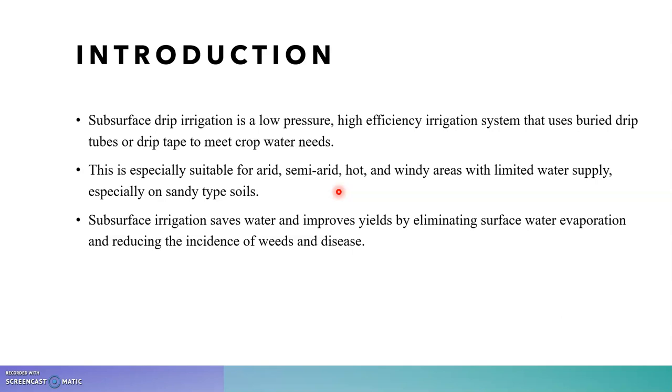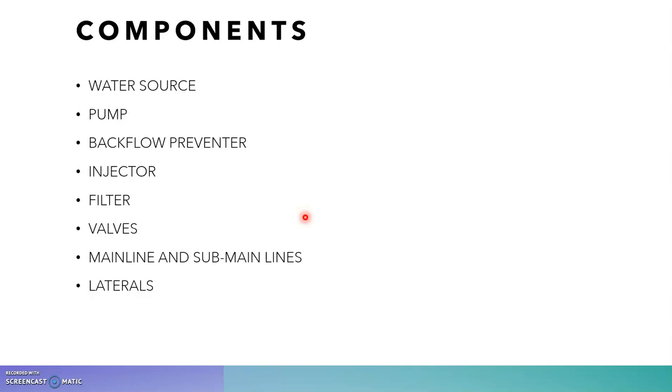And one more thing is we will not have weed problems, like unwanted plants, in subsurface drip irrigation system. And if you are not applying water over the plants, like if you are applying water at the leaves, it will induce disease in the particular crops. So this will be avoided if you are using the drip irrigation system, especially subsurface drip irrigation system.